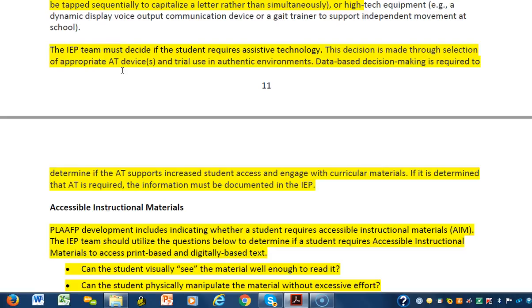that the IEP team does have a responsibility to decide if a student requires assistive technology. And it does mention something that can be a common practice, particularly for higher tech devices. The decision can be made through selection of appropriate AT devices and trial use in authentic environments, and then collecting data to see if that's an appropriate device. So sometimes there are trial devices. Data-based decision making is done through collection of data, and if that AT is required, then that information makes its